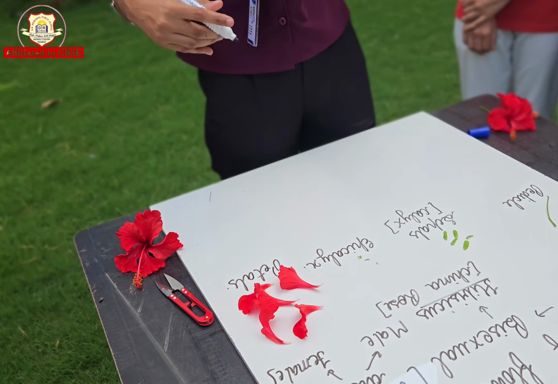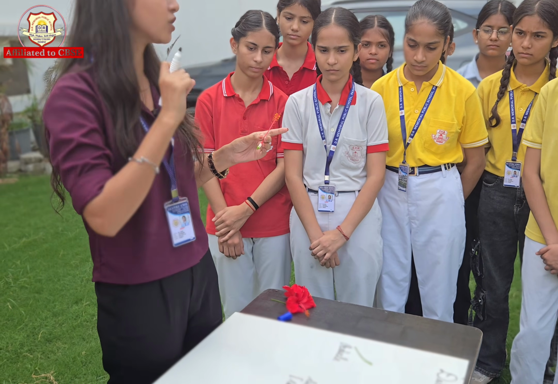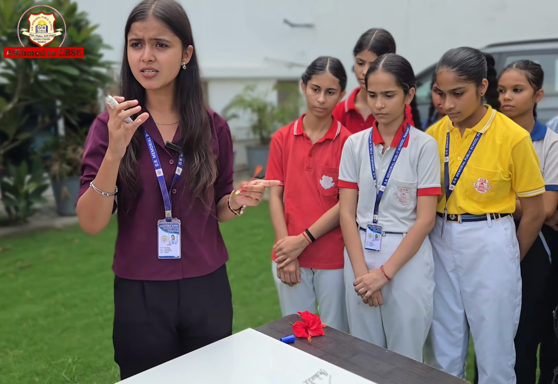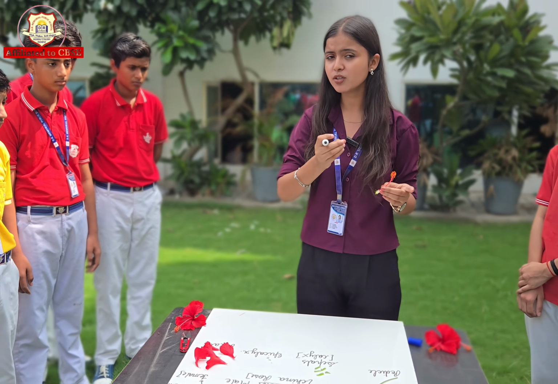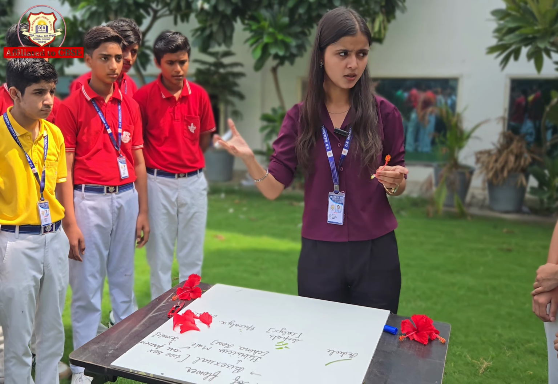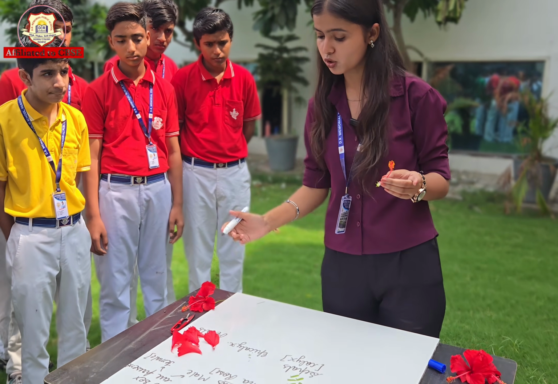If we talk about the function of petal, अगर हम petal की function की बात करते हैं, petals help in attraction of insect. Petals क्या करते हैं? Insect को attract करते हैं and help in pollination also. Anther को transfer करते हैं female तक, दूसरे flower के दूसरे flower तक. Okay? Petals help in pollination also.